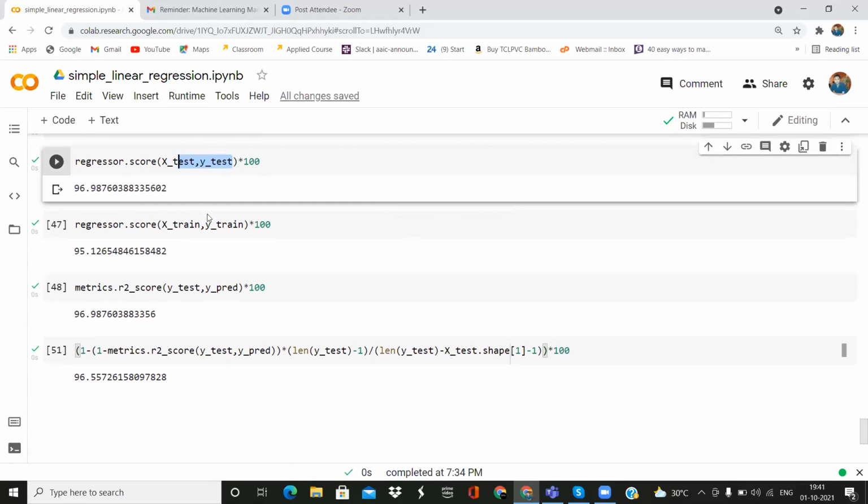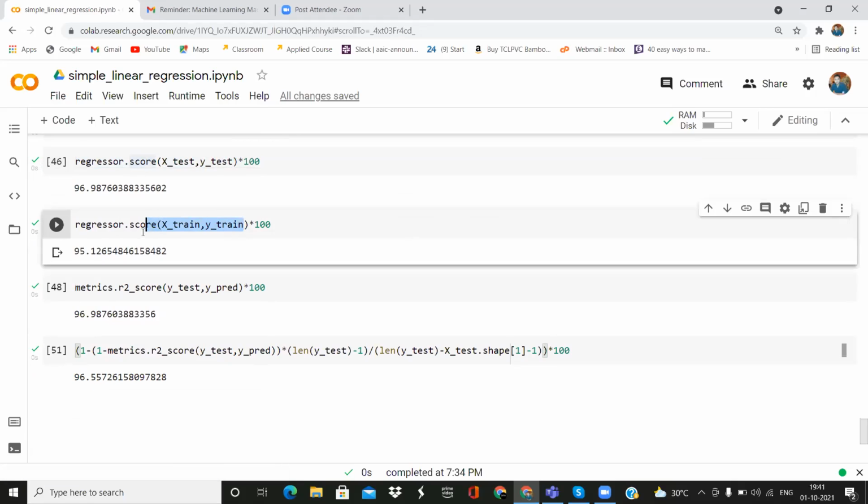It's simple: you put your model name and then score, and check your X test and Y test. The score on your train data is 95.2, so it's just a difference of about 1%. We can say it's well trained.